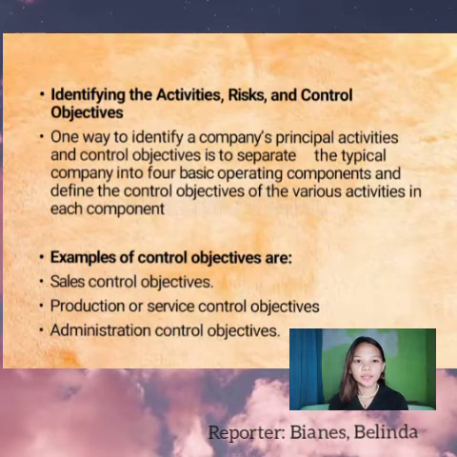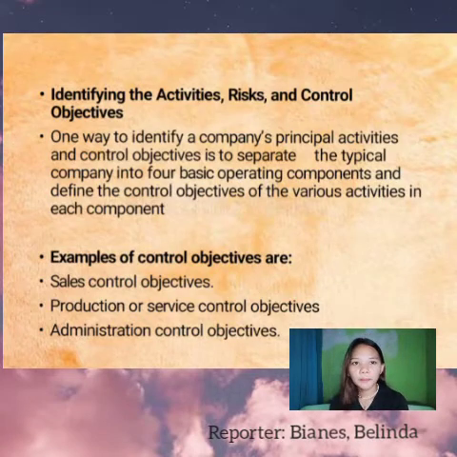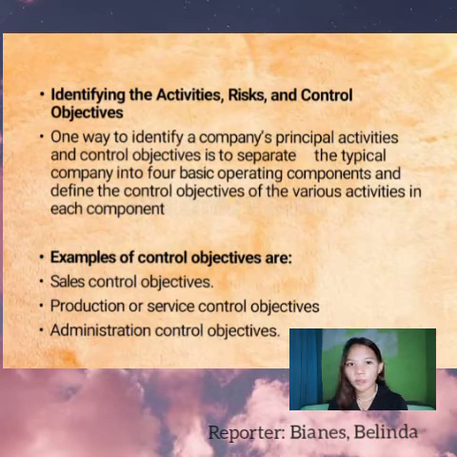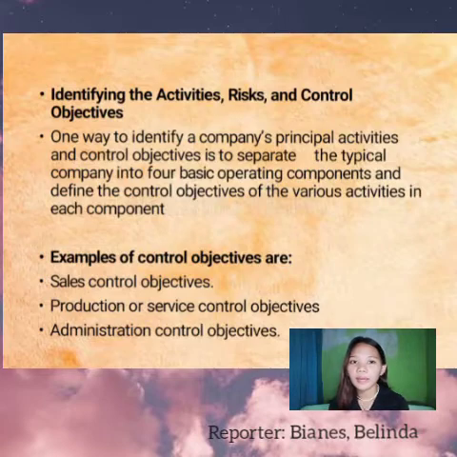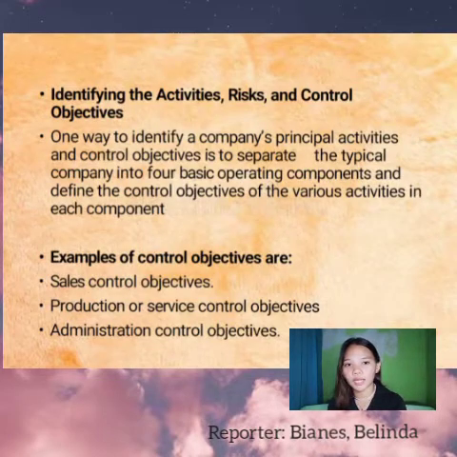Next is identifying the activities, risks, and control objectives. Control activities are the policies, procedures, techniques, and mechanisms that help ensure that management responds to reduce risk. Like example, yung isang kumpanya, like example, yung business na lang, milk tea, tapos sa lugar nila, nagtayo din ng isang milk tea shop. So, dalawa na silang milk tea shop, meron na siyang competitors. Paano nila harapin yung risk na yun? Paano nila malalabanan or paano nila mas papagandahin pa yung business nila para mas marami pang customer na lumapit sa kanila kasi meron na silang kalaban.